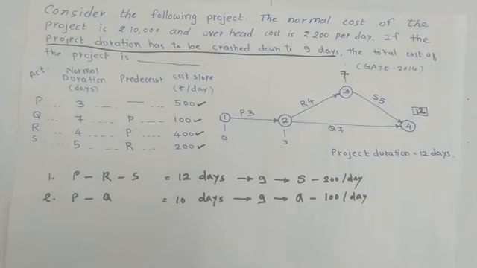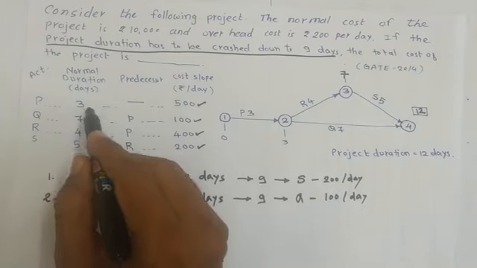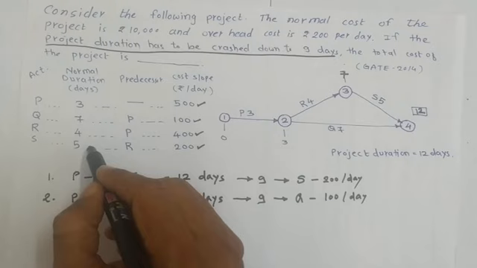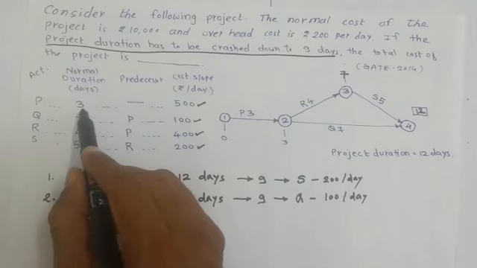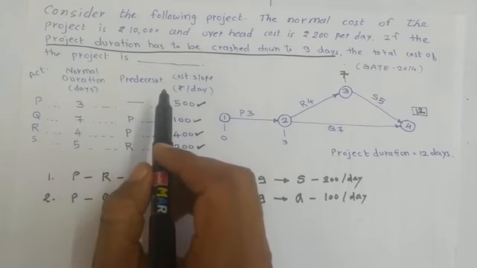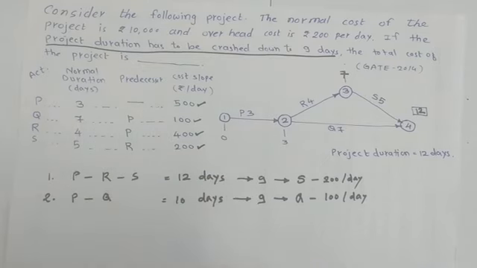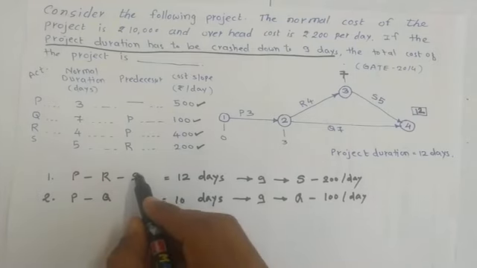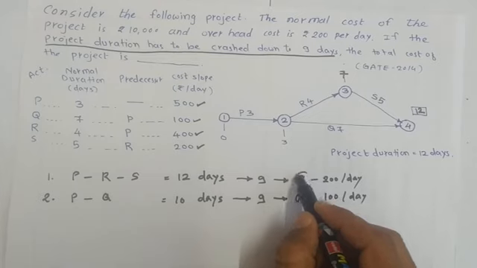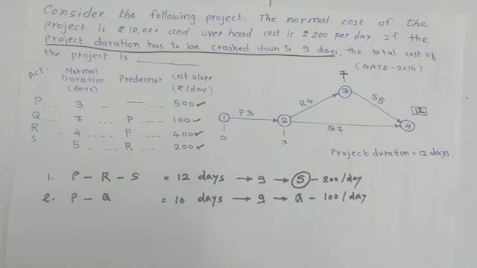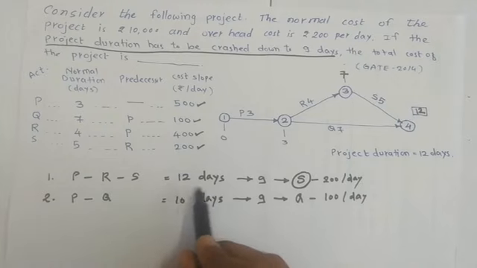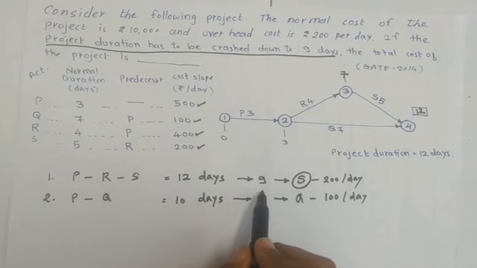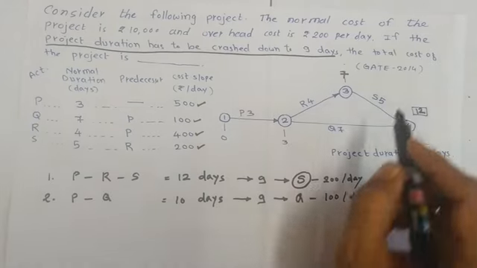Here note that they do not provide any limitation on the number of days to be crashed. In general, normally it is provided that a particular activity can be crashed up to particular days. Here there is no condition. So what can we do? For reducing the project duration, we will crash activity S by 3 days. How many days? 3 days, because we want 9 days from 12 days. So this path needs to be crashed by 3 days. So we crash the activity S by 3 days.